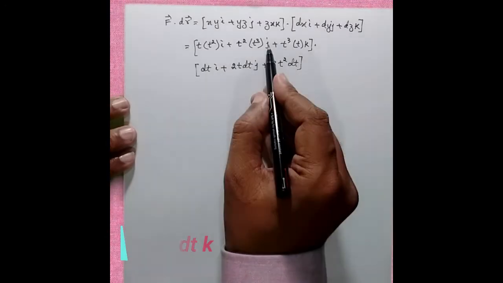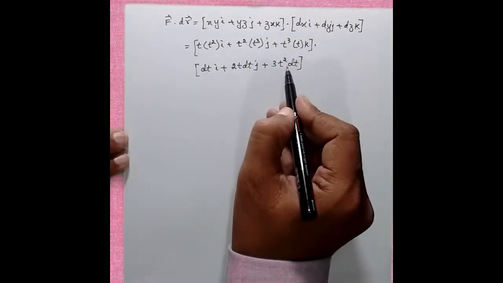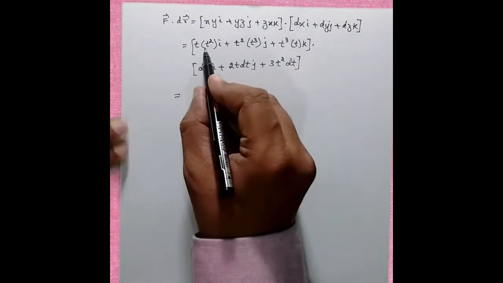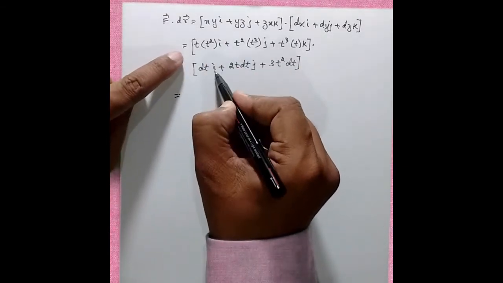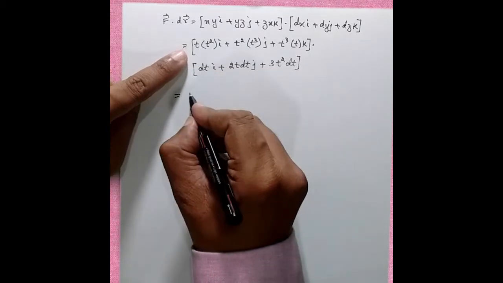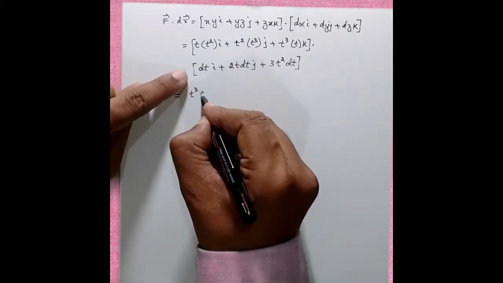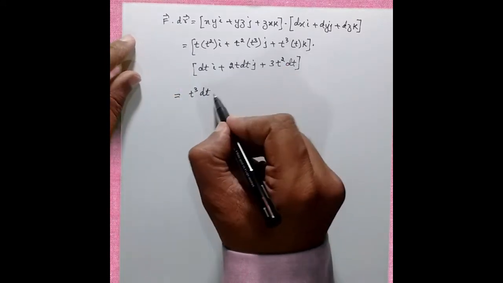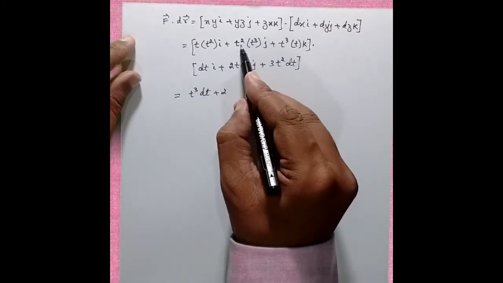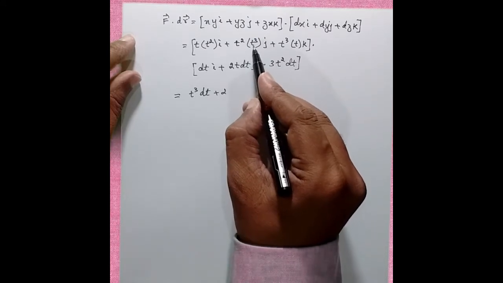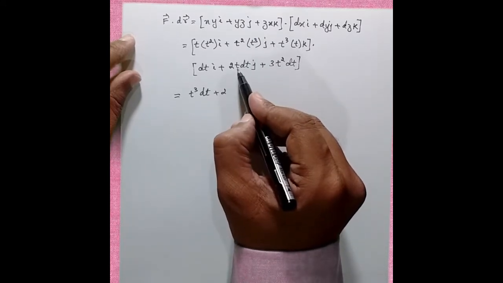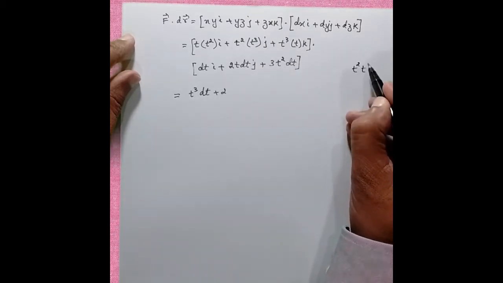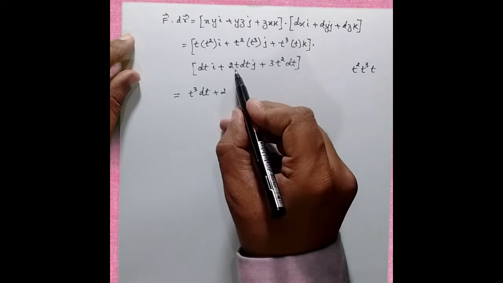I dot i you have to take, j dot j you have to take, and k dot k you have to take, which will be equal to. Before that, you can just see i dot i is 1, t square into t will be t cube into dt. Then go for j dot j is 1, so multiply over here, it is 2 times t square into t cube, which will be t power 5, t power 5 into t will be t power 6. In this way you are multiplying t square, t cube, and this value t.